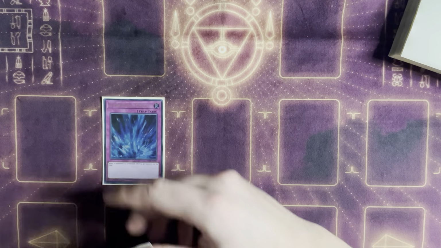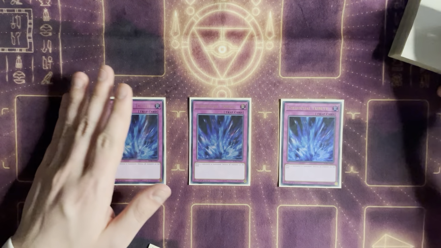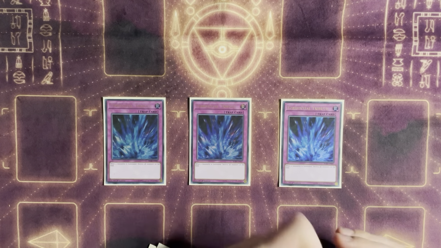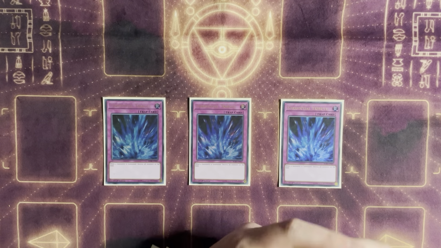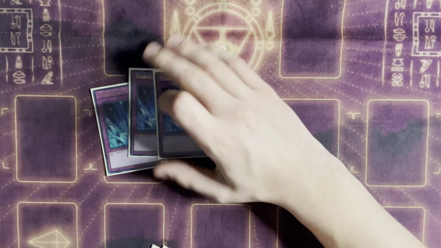Then we move to the rest of the traps. I'm on triple Torrential. As I've told you multiple times before, we don't care, because we can just at any moment get our monsters off the field. So Torrential is so insane. Even if we're going to get a monster back on standby, we can then Torrential, clearing the board, and then